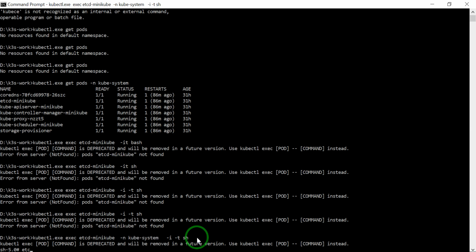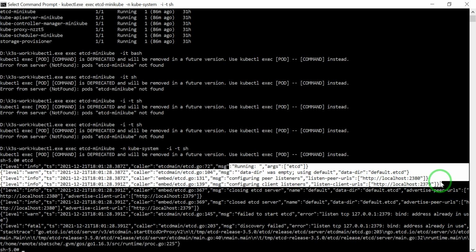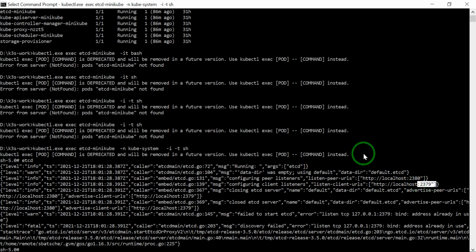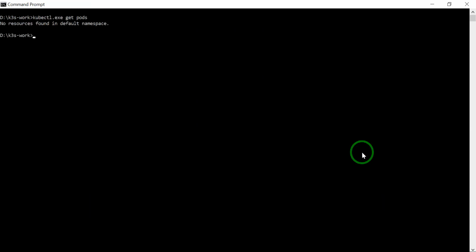Let me show you which services are running and listening. You can check its running arguments, and the peer URL is 2380, which we will discuss later. But the listen client URLs, which is where anyone needs to come and connect to me, is 2379. So we can get the data from etcd with the client URL, or the API of etcd, on 2379.